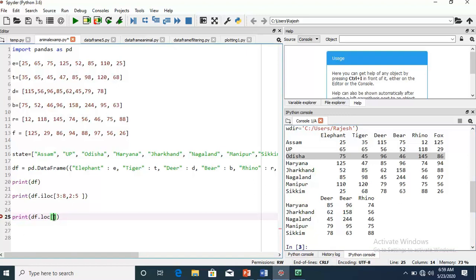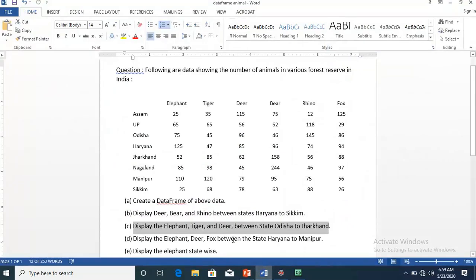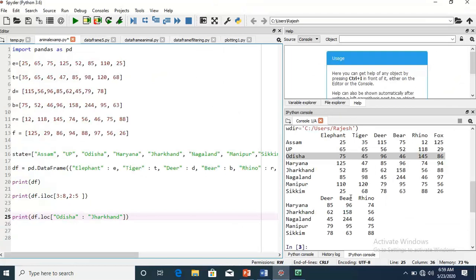So simple. Start from Odisha. Where do we have to go? Jharkhand. And then what animals do we have to display? The animals we have to display are elephant, tiger and deer. Elephant is here.